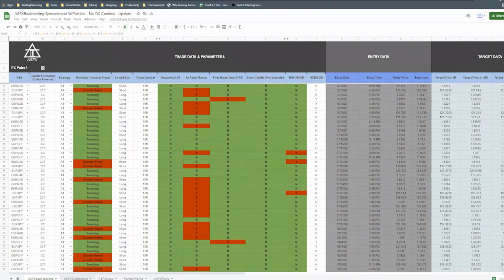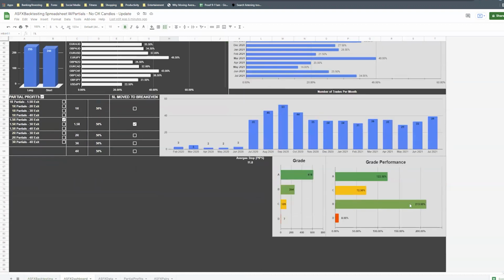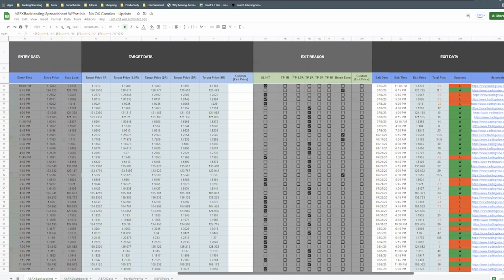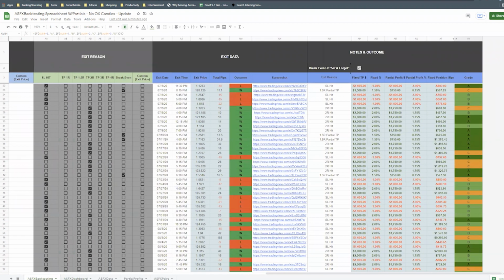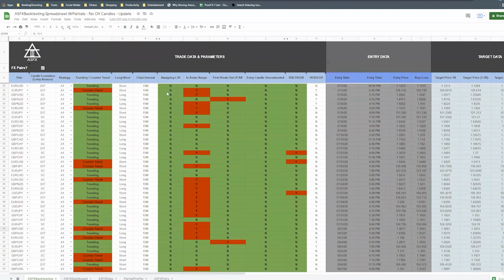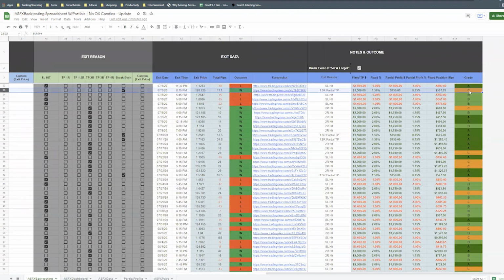And actually, let me share my screen again. So I've been playing around with scripts, and I've managed to add in a grading system for the AceFX backtesting spreadsheet. You can see at the bottom how it gives you a grade, A, B, C, or D. And if I come over here, you can see how it calculates the grade based on how many red cells there were over here. Yeah, that makes sense. So if there were 2 red cells, it would be a C. A C. Yep. So pretty much I've managed to implement that.